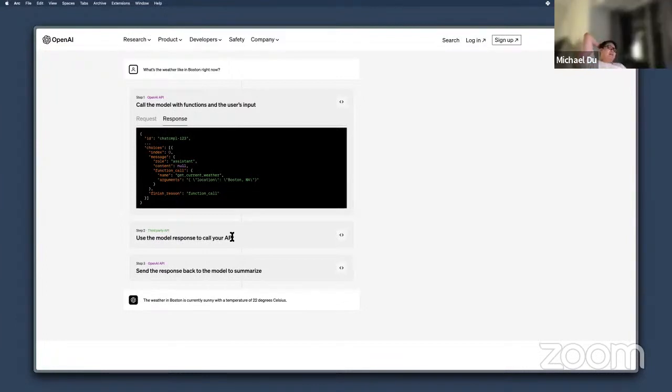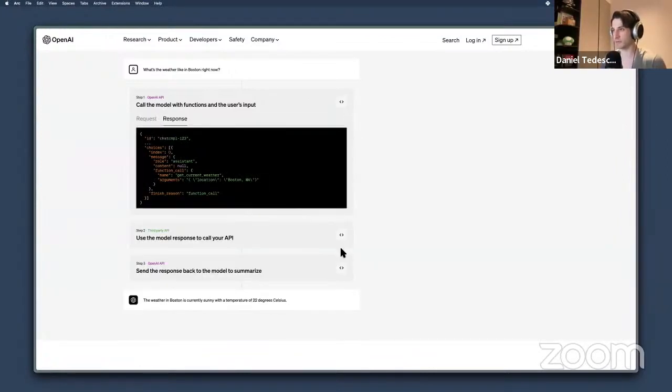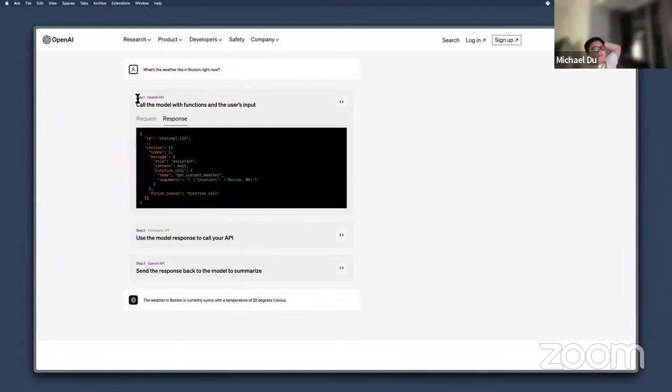So developers will just have to be mindful of what they're actually getting. That's probably not what goes directly to the user. You probably still need to take that and use it maybe as part of another prompt. So you use those arguments, call the function, get the result, and then make the result part of another prompt. It depends on the example, right?